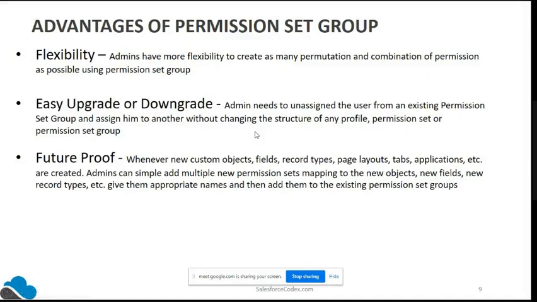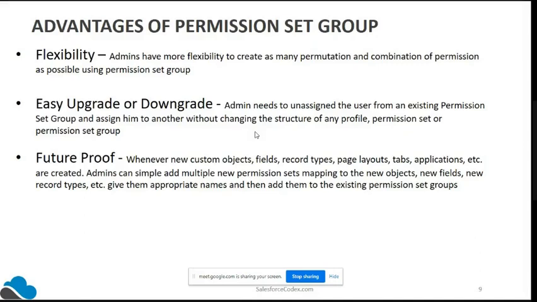And it is future proof. Whenever you are adding new objects or new fields in a particular object, you can just go and create a new permission set group for an object. Whoever the user is that needs access to that, we can add to that. Similarly, you can remove or fine tune that.